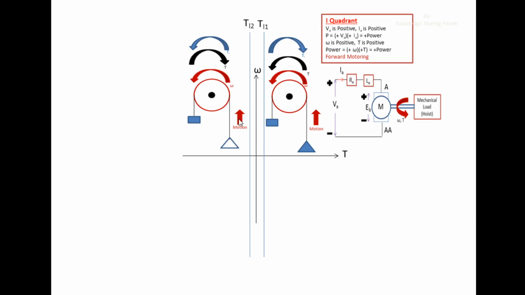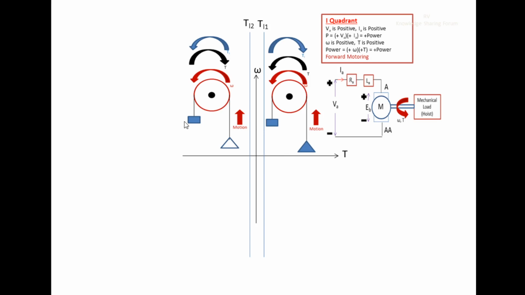And here this torque TL2 is the difference between the torque of this counterweight and the torque of this empty cage. Okay, this torque TL2 is the difference between the torque of this counterweight and the torque of this empty cage. Now